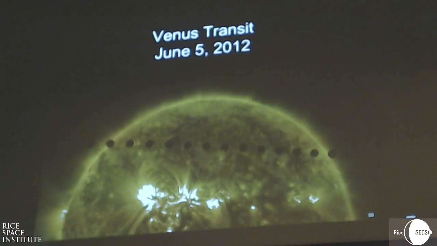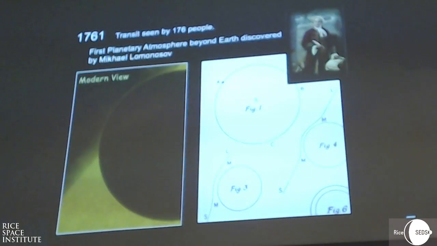And so how are we going to approach that? Well, we're going to look for these atmospheres. And to do that, we're going to talk about shadows. And here's a Venus transit, June the 5th, 2012. For those that may have observed it, Venus crossed the surface of the sun. And what we saw, this little ring of light, is the atmosphere. Once again, just like Pluto, that lights up the atmosphere with that sunlight,